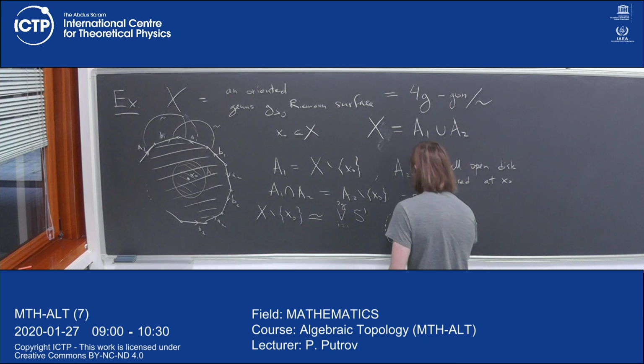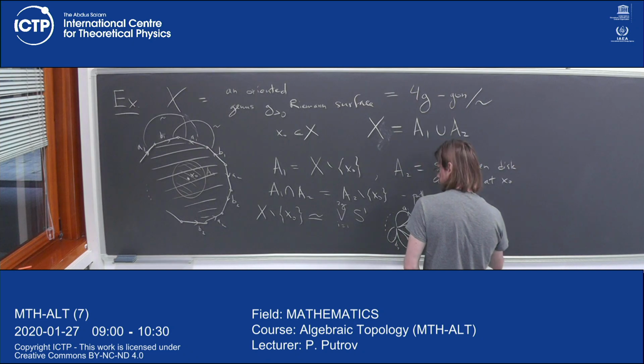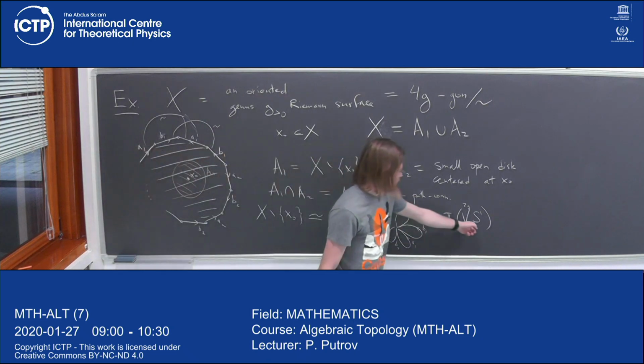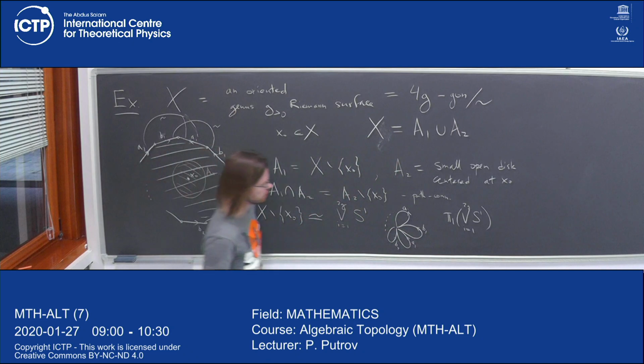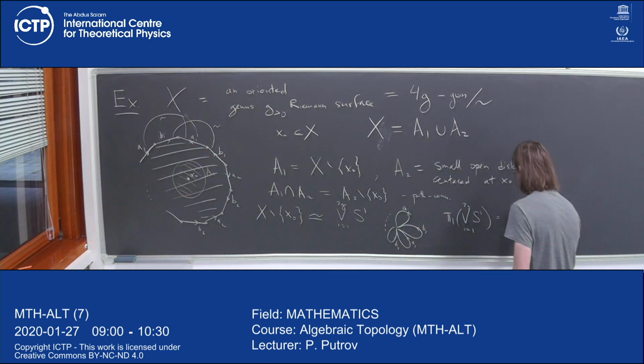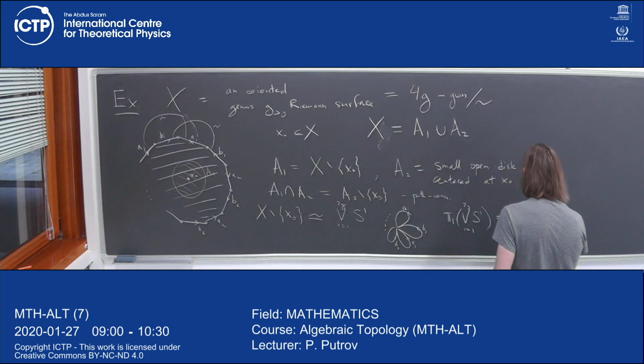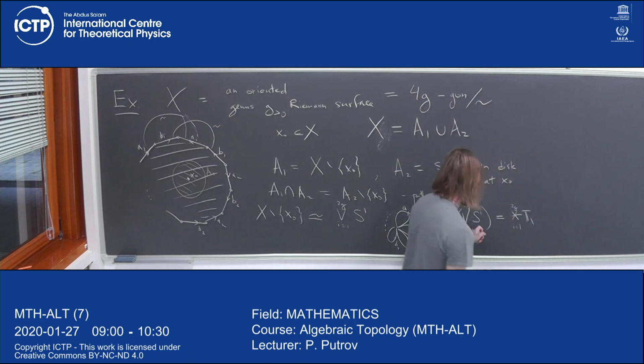Okay, and so we know that pi1. At the end of the last lecture, we learned how to calculate the fundamental groups of wedge sums, if you know the fundamental groups of each component. In particular, we use the Van Kampen theorem here for this particular case. So we know that this is equal to the free product of the corresponding fundamental groups, under the condition that